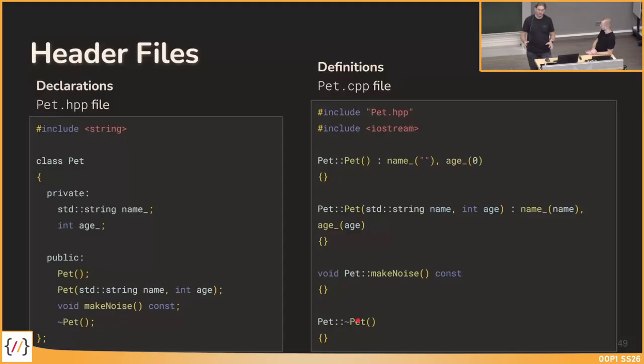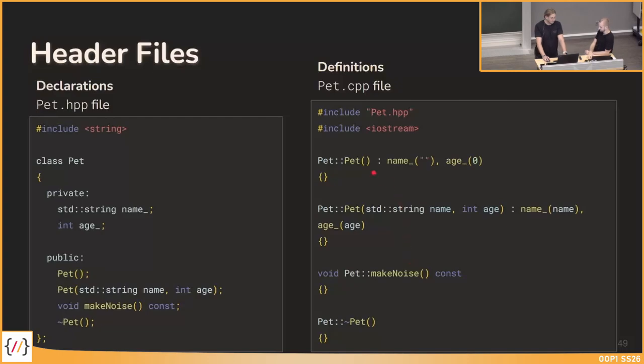So we have to specify that all of these elements are inside of the class pet, and we have to use the class name and scope resolution operator, and only then we can actually define the elements, so the destructors, constructors, and methods. So on the left side here, we are already inside the class, so we don't need it. Here on the right side, we are kind of outside of the pet class, and to go inside the class,